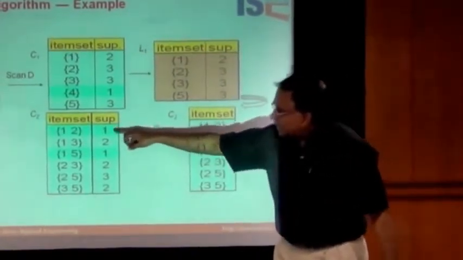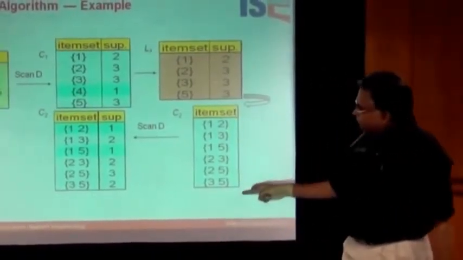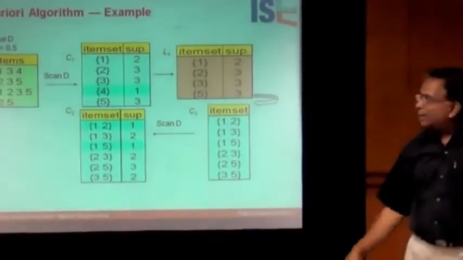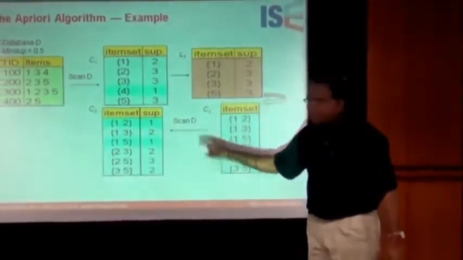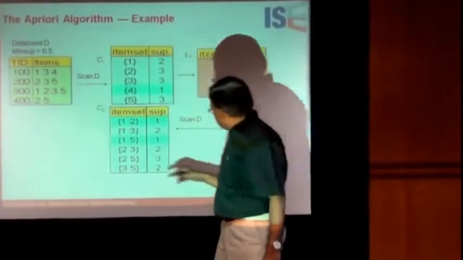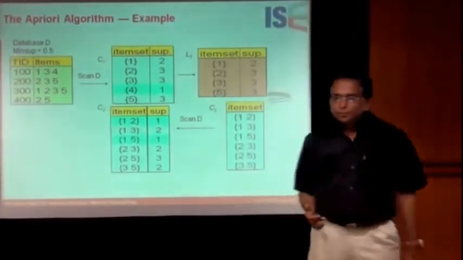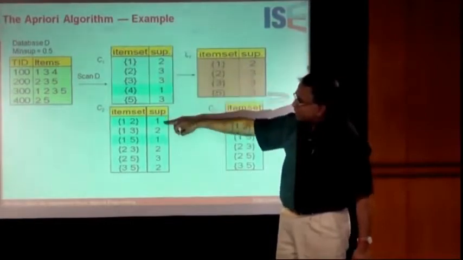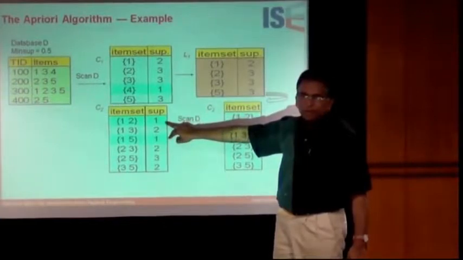And from C2, we again calculate the support for each element. So we just took the 5. Now to understand how many times 1, 2 has occurred in the database, I need to do another scan. This was my first scan of the database, and I am doing a second scan here. 1, 2 occurs once, 1, 3 occurs 2 times, and so on. Since this is 1 by 4 and it's less than min sup, I've colored it blue. 2 of them do not fit the requirement of min sup.